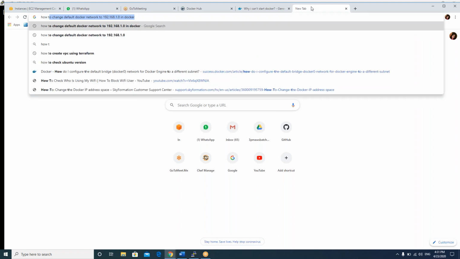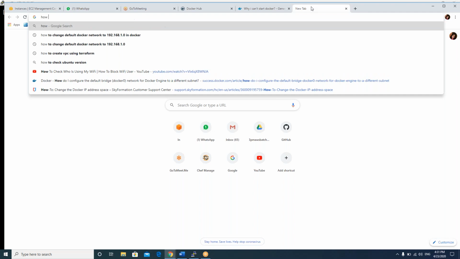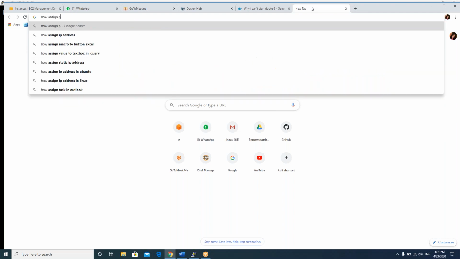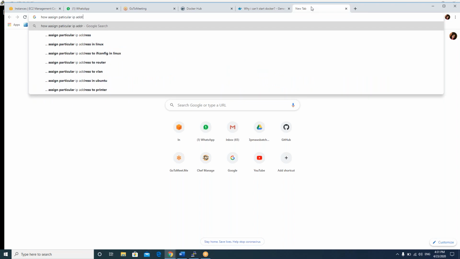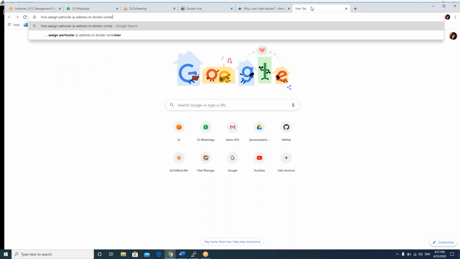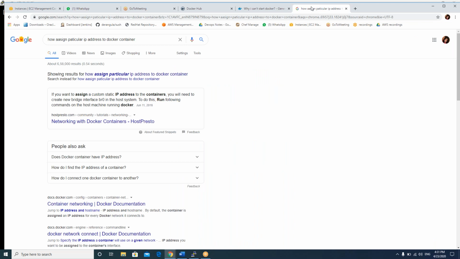How to assign a particular IP address to a Docker container. Guys, you should be able to Google it also. That is a very important thing because we cannot remember everything. Even I cannot remember, right? You have to know how to Google it. Yeah, open the first one.